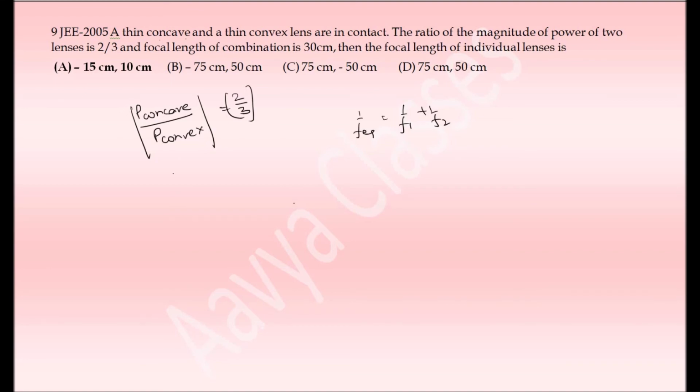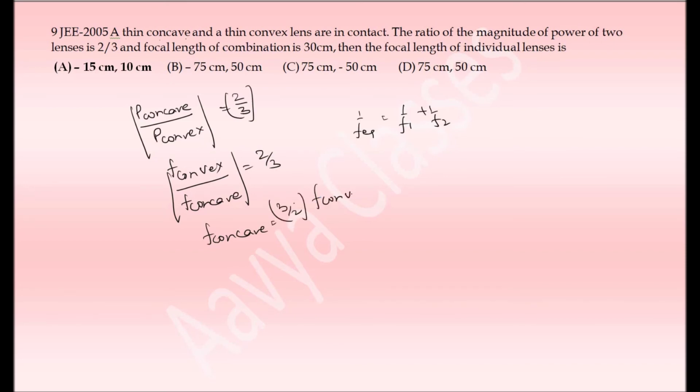So in this way you get f convex divided by f concave is equal to 2 by 3, and we may write that f concave is equal to 3 by 2 into f convex. So let f convex be equal to f, then f concave is equal to 3 by 2 f,